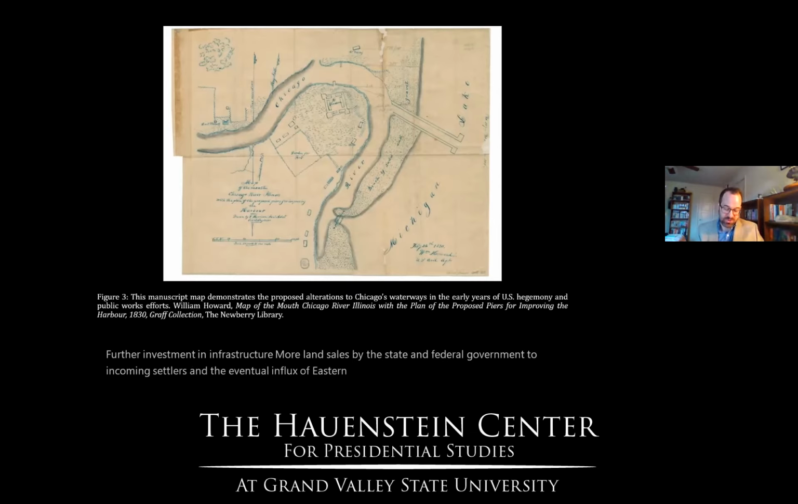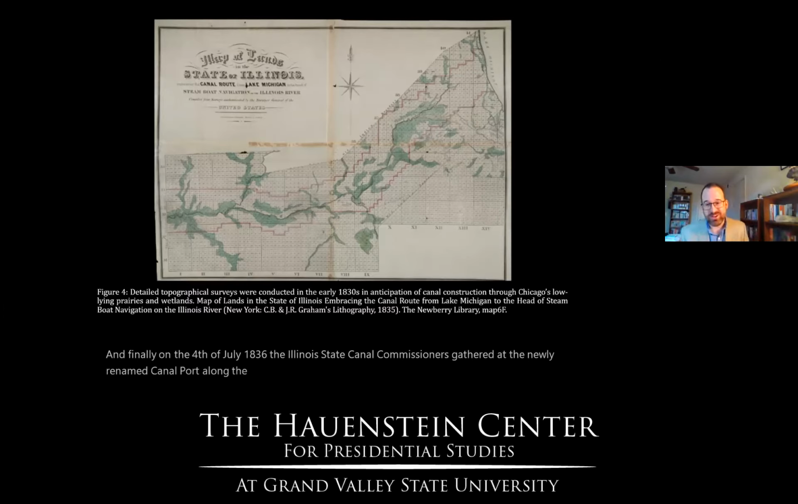Here's a map of the Canal Zone, giving you an idea of these land plots that were for sale and in development during this time. And finally, on the 4th of July, 1836, the Illinois State Canal Commissioners gathered at the newly renamed Canal Port along the southern branch of the river near the old terminus of the portage to conduct an elaborate groundbreaking ceremony